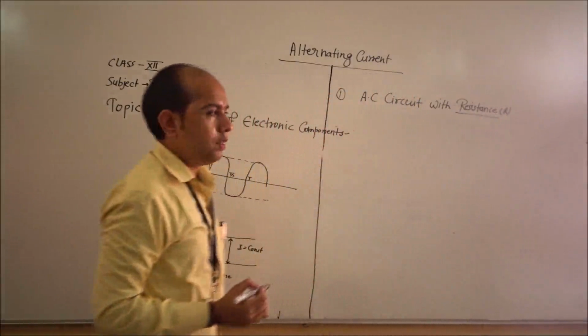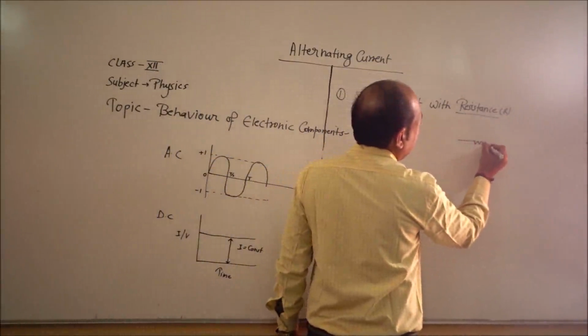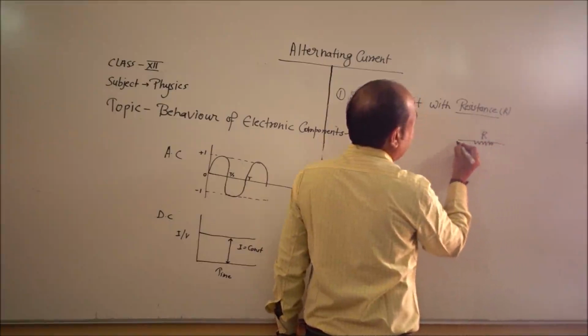AC circuit with resistance. First we make a circuit in which a resistance R is connected with